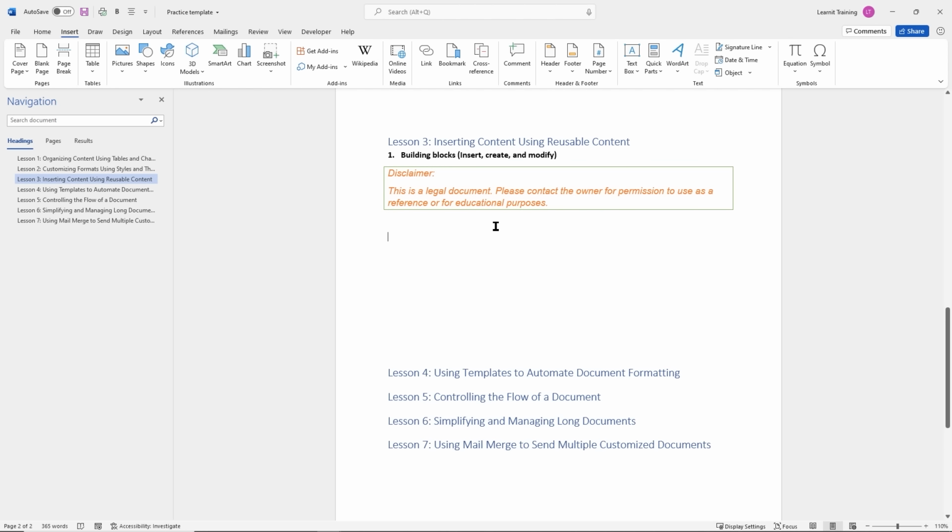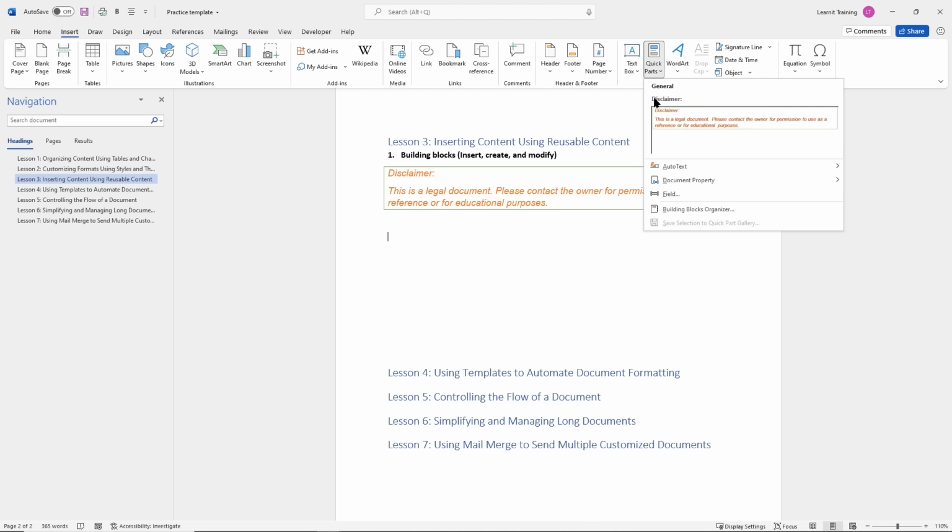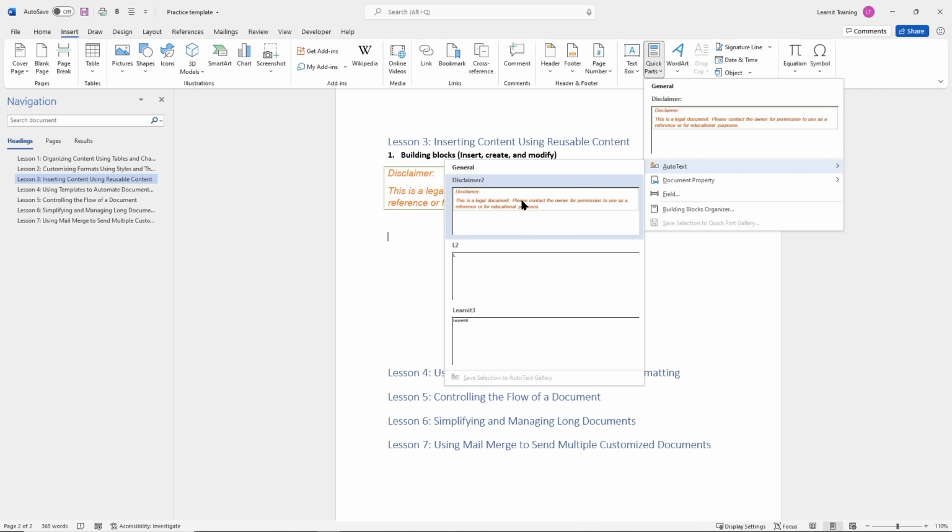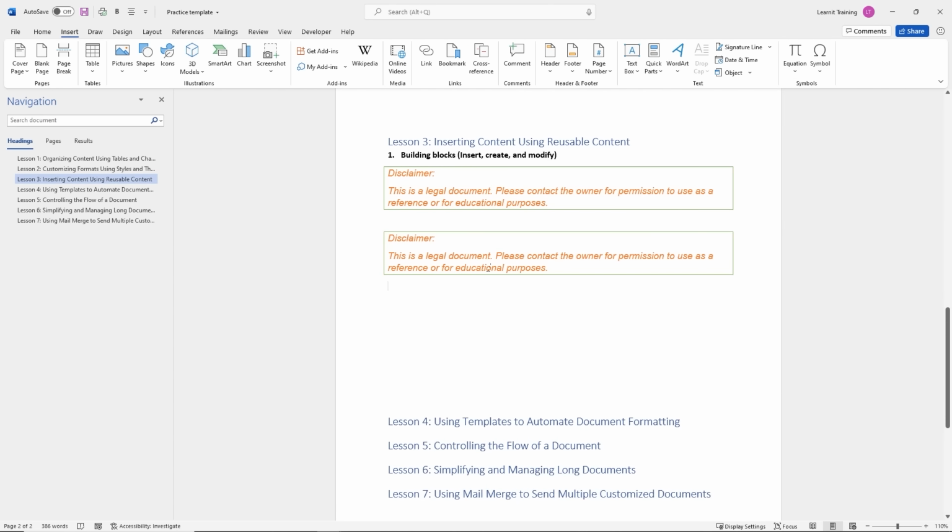And so now if I go to Quick Parts and I go to auto text, it will be right here. I can drop in my disclaimer anywhere in my document that I want to. Go ahead and click on the Insert tab. Take a look at the Quick Parts. Take a look at the different building blocks that are available. Try and drop in that same simple quote text box that I was able to drop in. But go ahead and write your own disclaimer. Save it to the Quick Parts as auto text and just practice dropping it in different places on your document